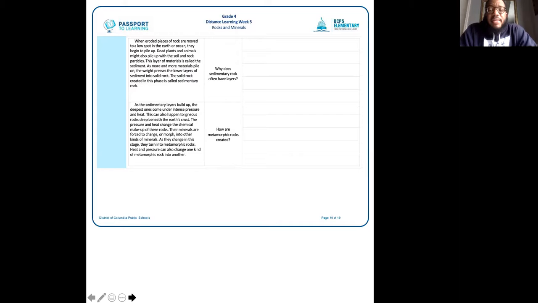When eroded pieces of rock are moved to a low spot in the Earth or ocean, they begin to pile up. Dead plants and animals might also pile up with the soil and rock particles. This layer of materials is called the sediment. As more and more materials pile on, the weight presses the lower layers of sediment into solid rock. The solid rock created in this phase is called sedimentary rock. So why does sedimentary rock often have